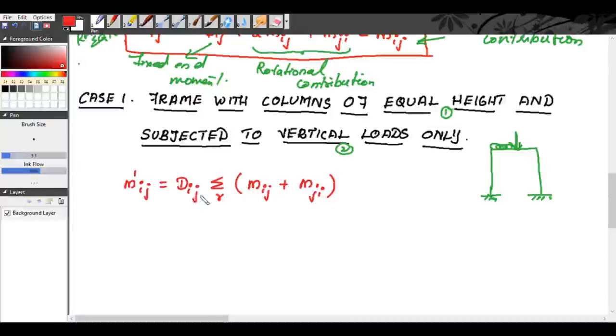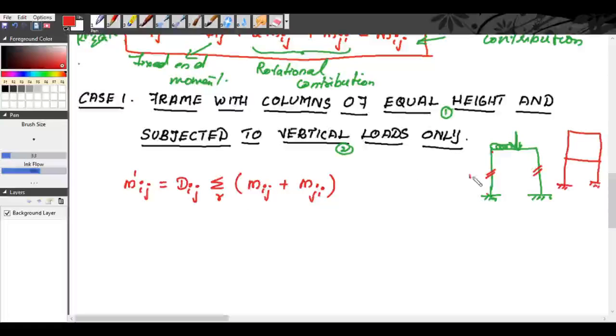See, so Dij is the distribution factor. Now R is the story. Sigma r means I have shown you only one story. Sometimes we may have more than one story. So when you are considering only one story, sigma r means this and this. You have to consider the columns in the story considered. So sigma r of Mij plus Mji means